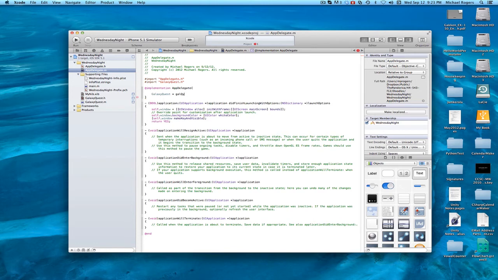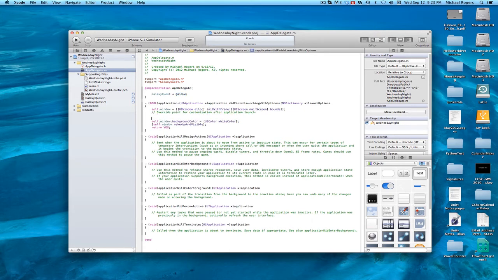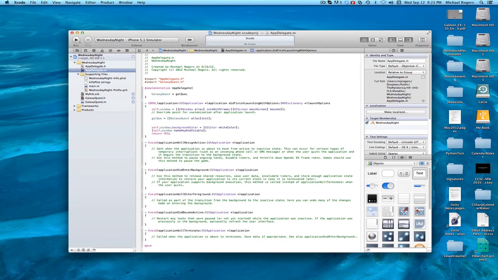Oh dear, I seem to have totally lost the ability to type. Here we go, galqui. And here, I'm going to instantiate in the usual way. I alloc, and then I init. Now that I have galqui, I am going to, in the window here,